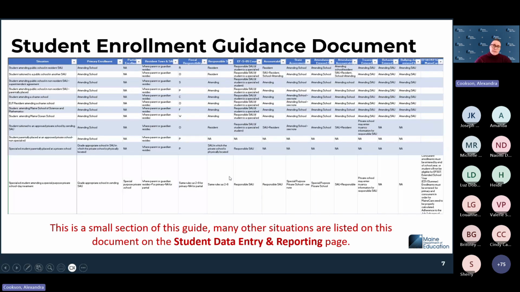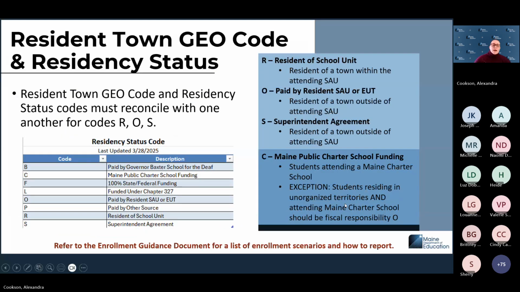If you would like any resources about student enrollments, how fiscal responsibilities are working, why a student might have a specific fiscal responsibility, those are things that you can all find in our enrollment guidance document, which also outlines our resources and responsibility guides here. I had noted this also because this is something that you will see in some of the summary reports,